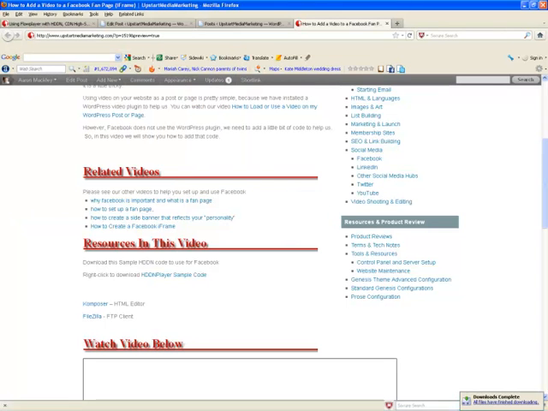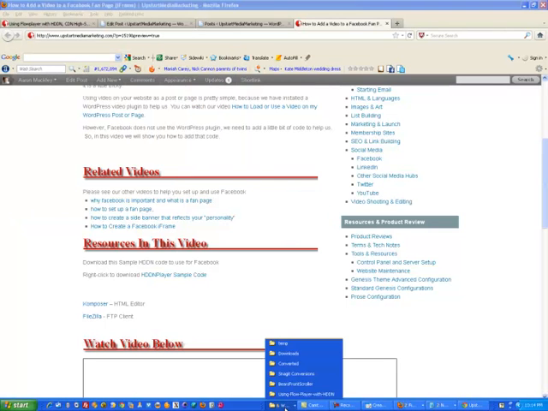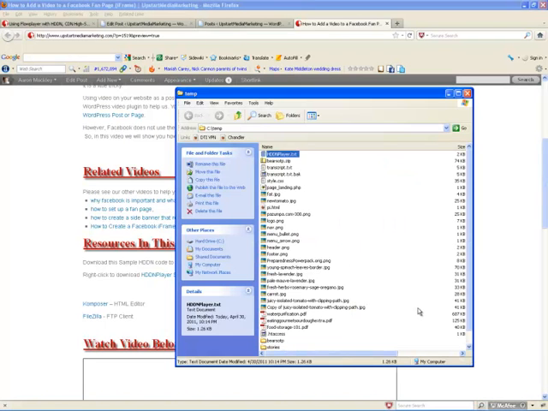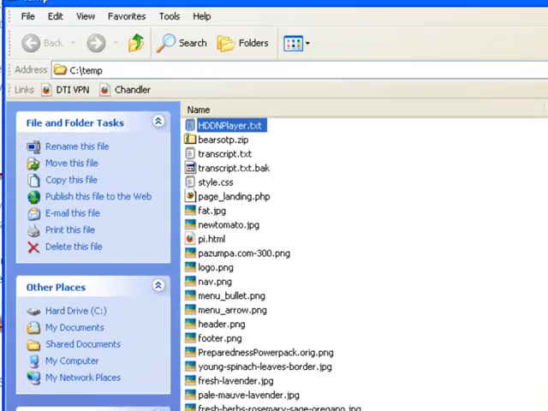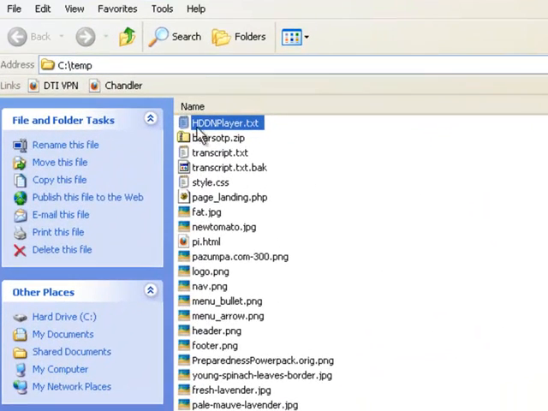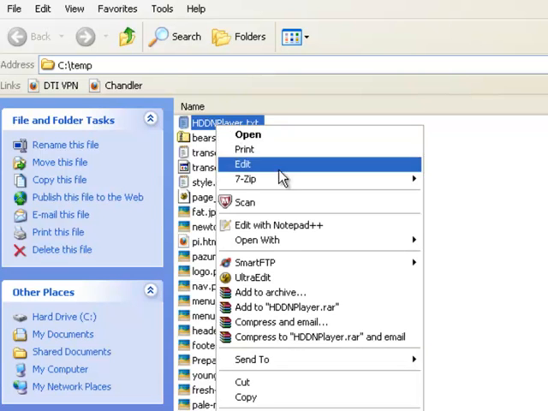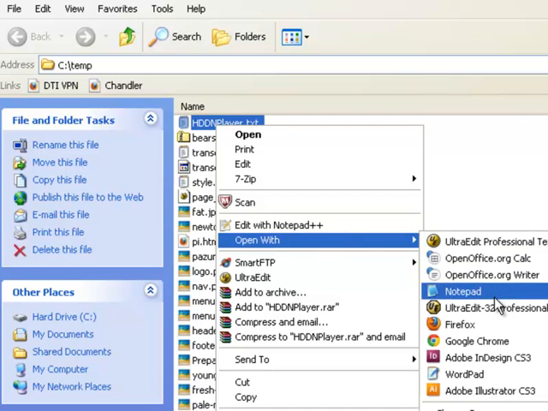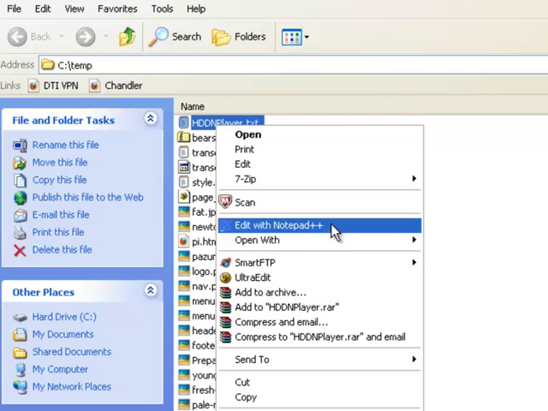Once you do that, then you need to go to that folder. Now, I know where that is, so I've already got that open. So you need to open this folder on your machine. So find out wherever you saved the file. It should be called hdnplayer.txt. Then right-click on the file and open it with Notepad, or if you're using the Notepad++, which we've encouraged people to use, or any other text editor,